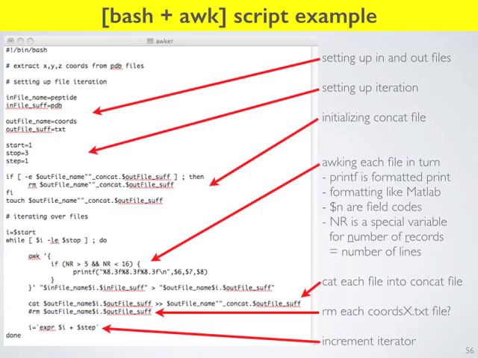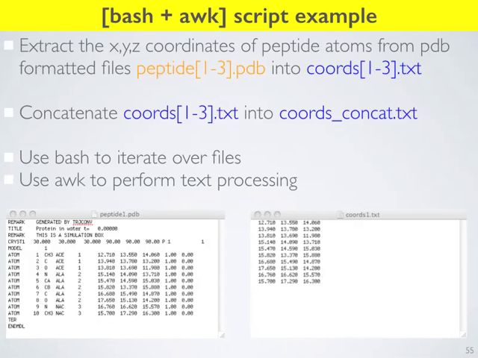So because these two statements occur after we've closed out the awk block, this is just regular bash. So it's just normal bash right there. So we've seen that before. So we've told awk what infile to expect and what outfile we want it to write. Now what do we actually want it to do? And so we said we want to print those 3 fields. And so if I go back one slide just for a second, we want it to print X, Y, and Z in every single line.